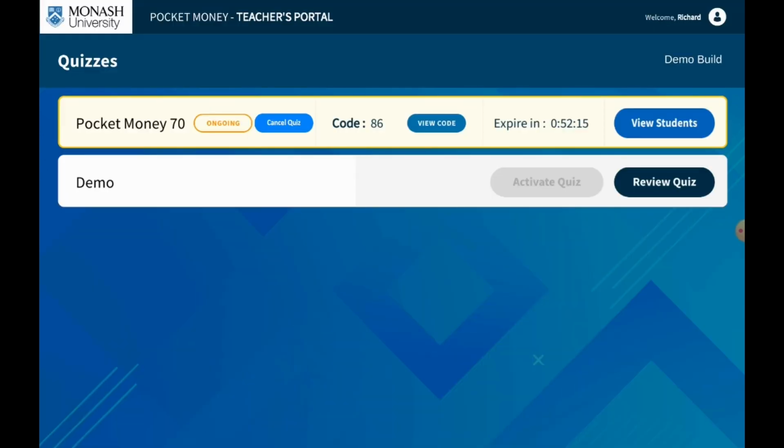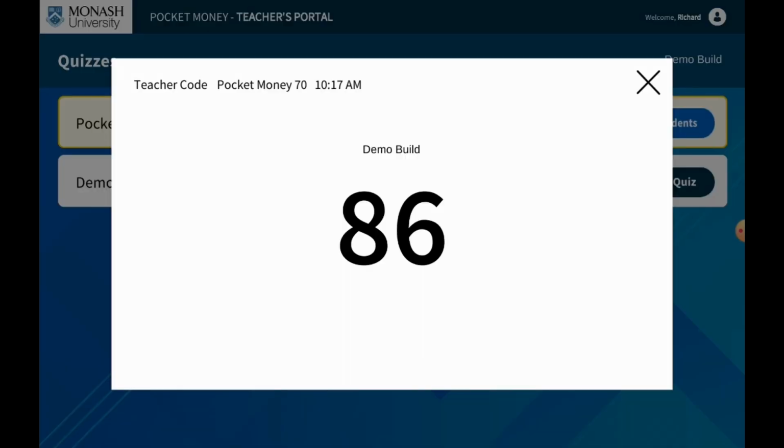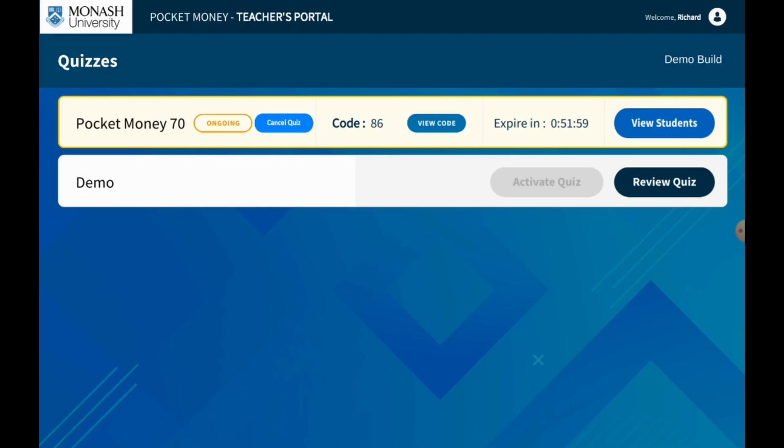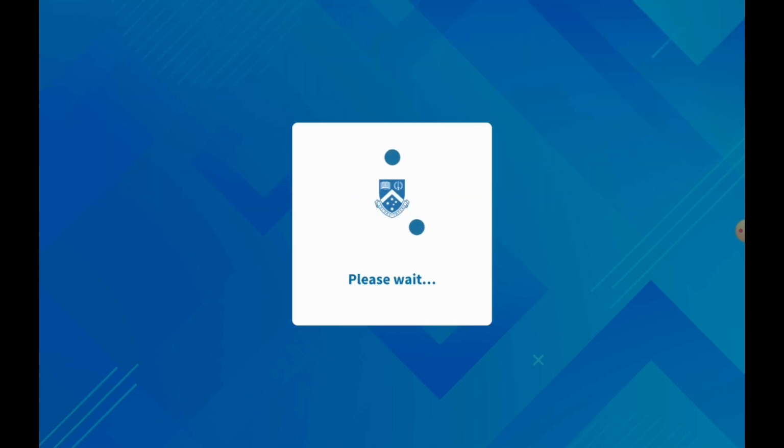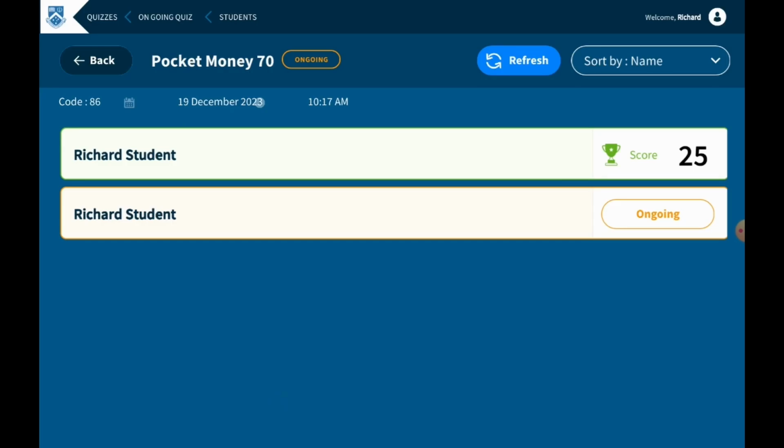It tells you that the quiz that I just activated before is still running, and it will be current for another 50 odd minutes. You can also see a larger version of the code if you've forgotten what that is. You can also cancel the quiz if you want to stop any further student completions. And if you tap on the View Students, then that will load and you can see that I've logged in twice,